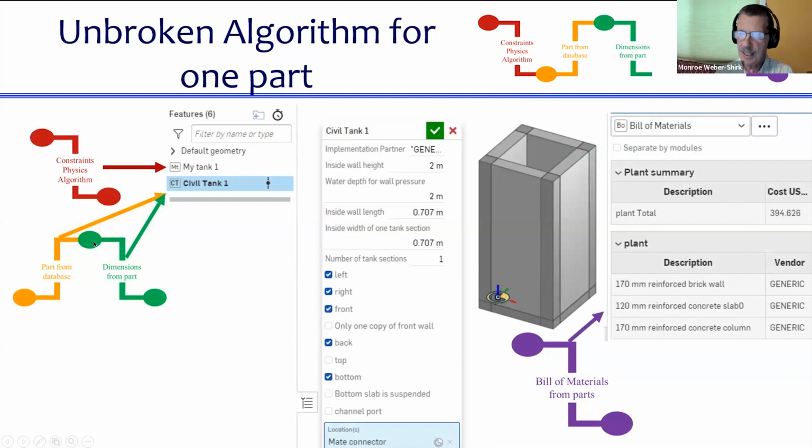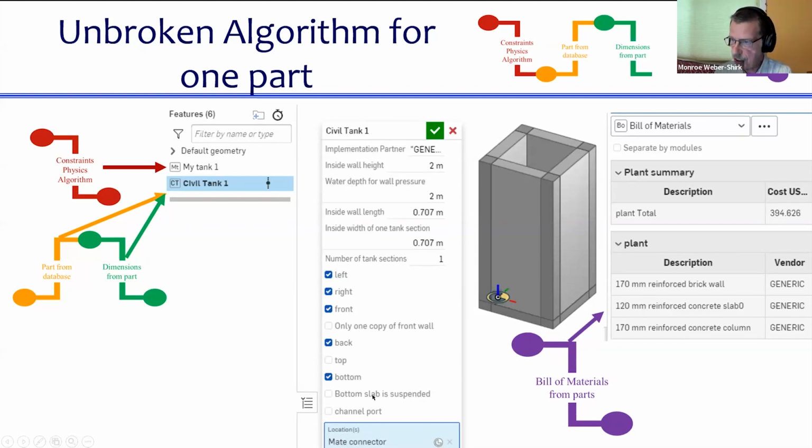Then the next two, getting the part from the database and getting the dimensions from that part, are all happening in one feature, which in this case is a civil tank, a tank that's made out of concrete and rebar. That civil tank is created by pulling information from the database, and it includes pricing information for those parts, and it creates a bill of materials right away. So we see that I've created all these links all the way over to bill of materials for parts.